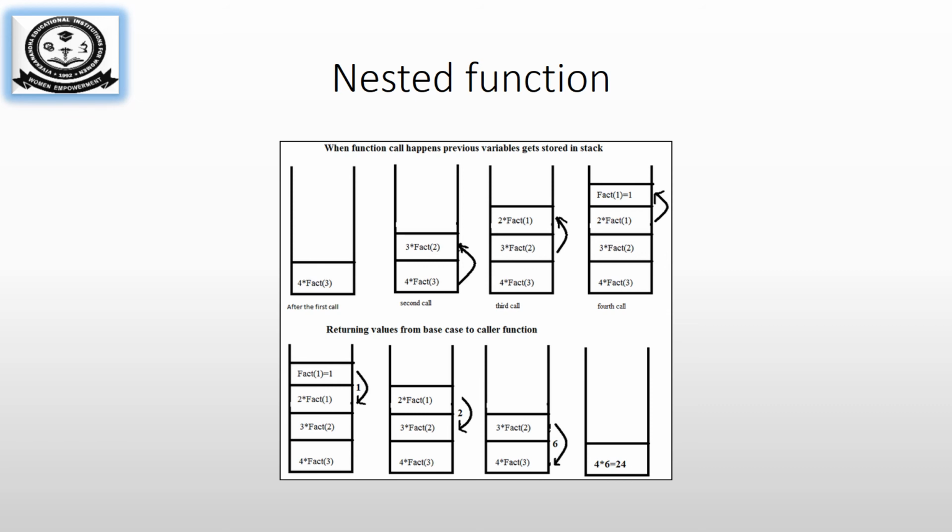So the factorial of 2 is another recursive call. So fact 3 will be pushed into the stack. Then factorial of 2 will be calling factorial of 1. So factorial of 2 will be pushed into the stack and factorial 1 will be executed. So when factorial 1 executes, it calls factorial 0. So factorial 1 will be pushed into the stack and factorial 0 will be executing.